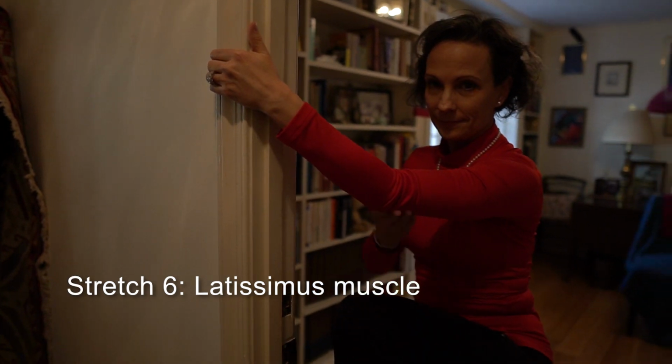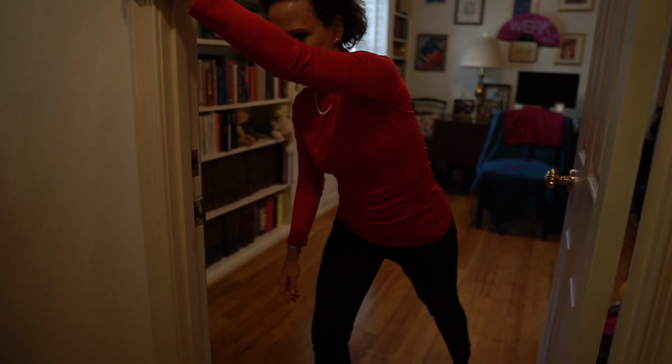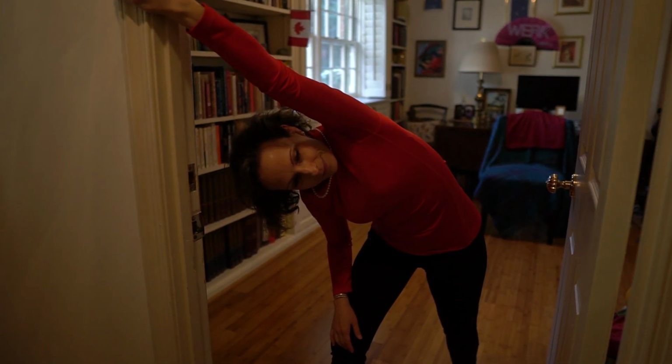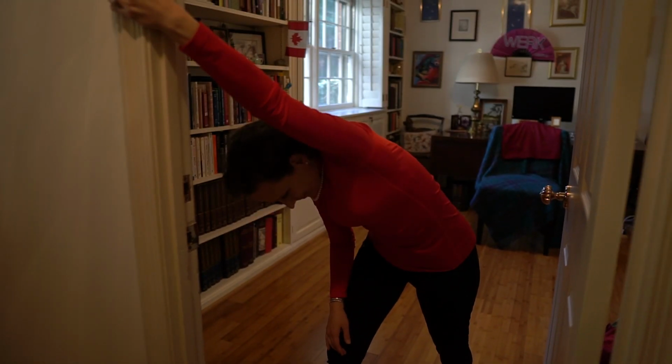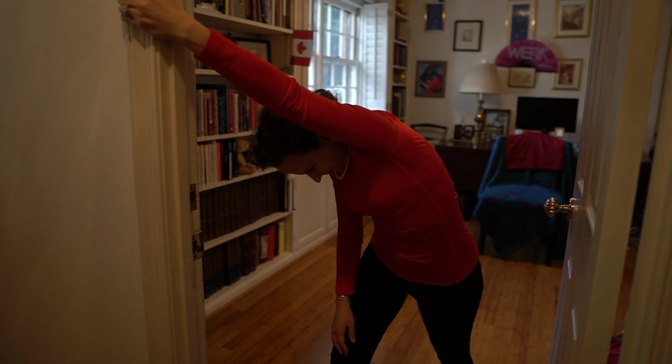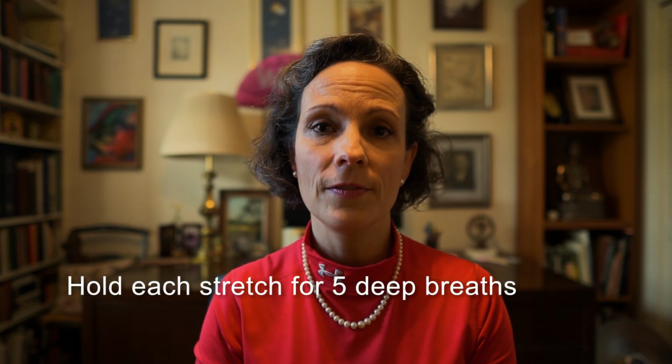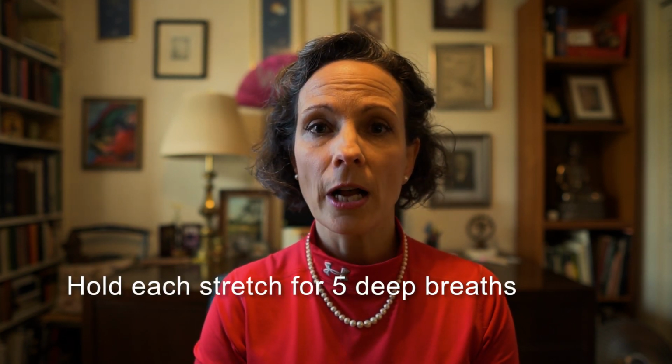And the last stretch is again in standing. You're going to take one arm and hold on to the doorway and the leg of the same side and step back, big step back, and lean back so that you get a good stretch in the back area or the latissimus muscle. All of these stretches should be held for about 5 deep breaths or until a comfortable release